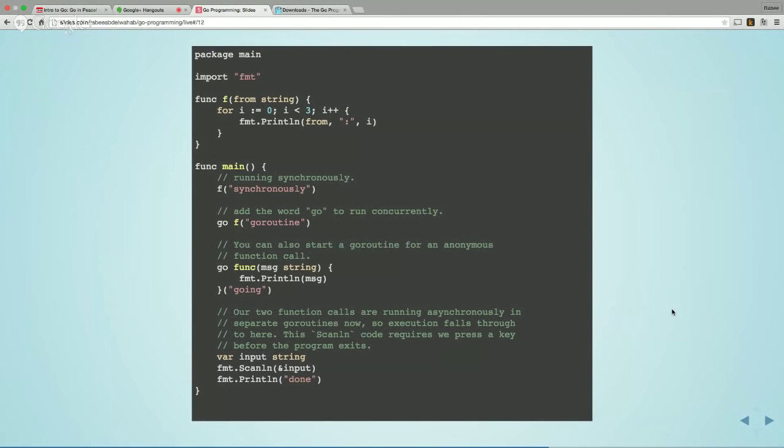So right now there is a simple example of Go routines and how they're implemented easily inside the Go language. We have the usual package main, importing, and the main function, where we're doing most of the logic. I guess you guys are already getting used to that idea. We're defining a function called f that takes a string, and we loop three times just to output the variable that we have. So right now,